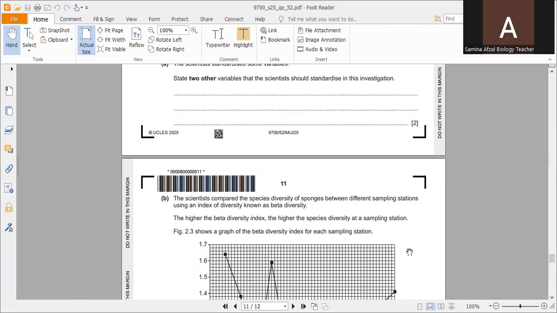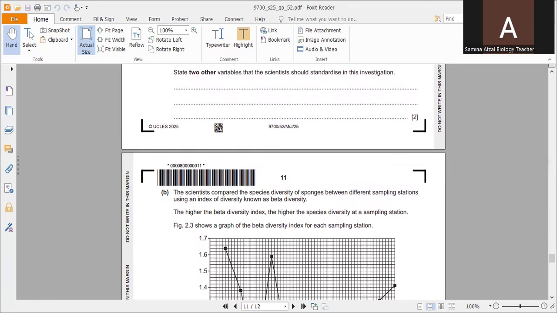So there are different environmental factors which naturally can affect the sponges. So the additional variables to standardize should be, number one, the depth of the water from where they got the samples. So we will write